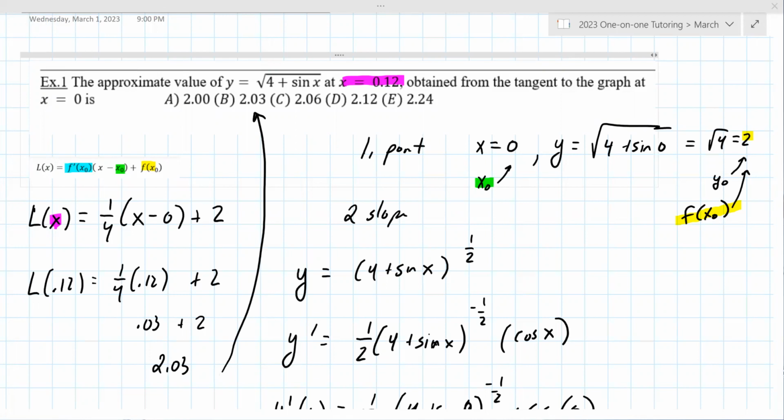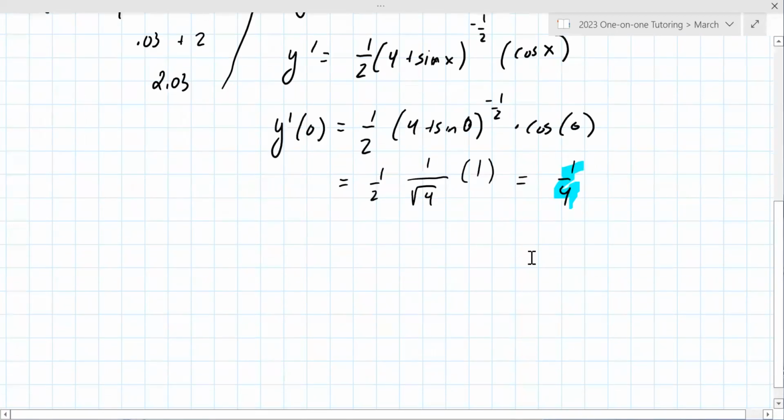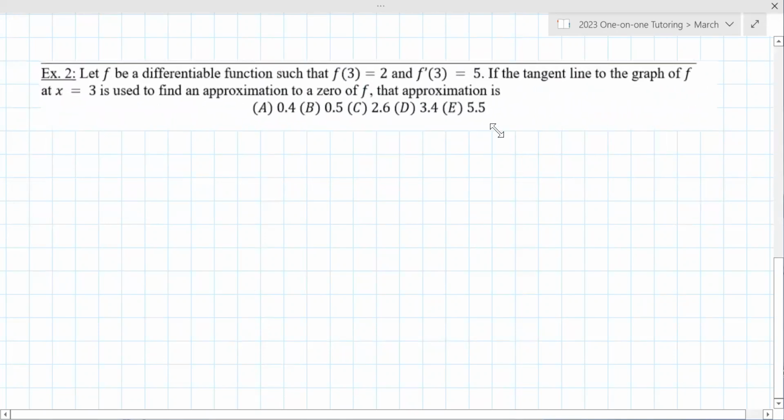Example 2 is very similar, except they're not giving you a function. They're giving you enough information though to write the tangent line. So it says here, let f be a differentiable function such that f of 3 equals 2. That's your point. F prime of 3 equals 5. That's your slope. If the tangent line to the graph of f at x equals 3 is used to approximate the zero of f, that approximation is,